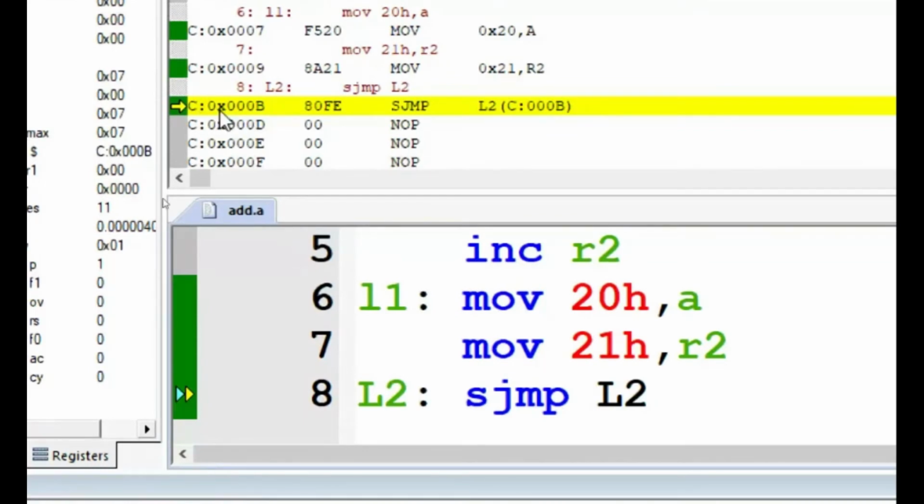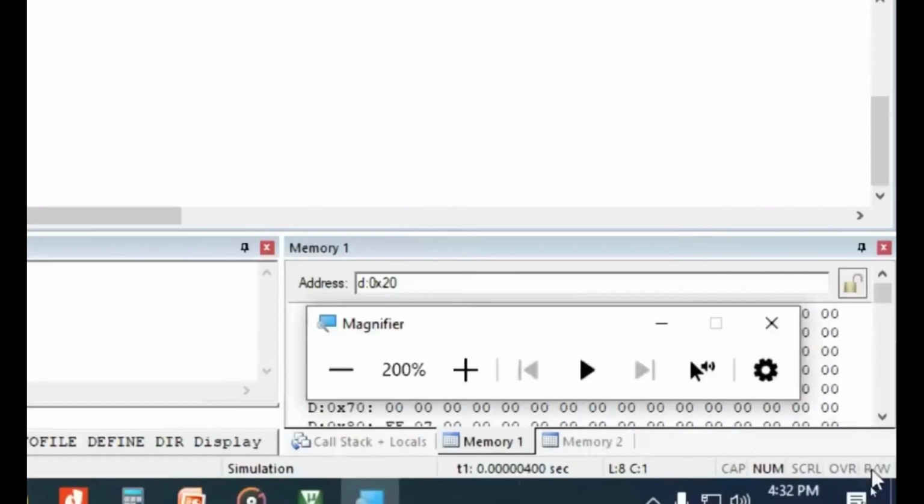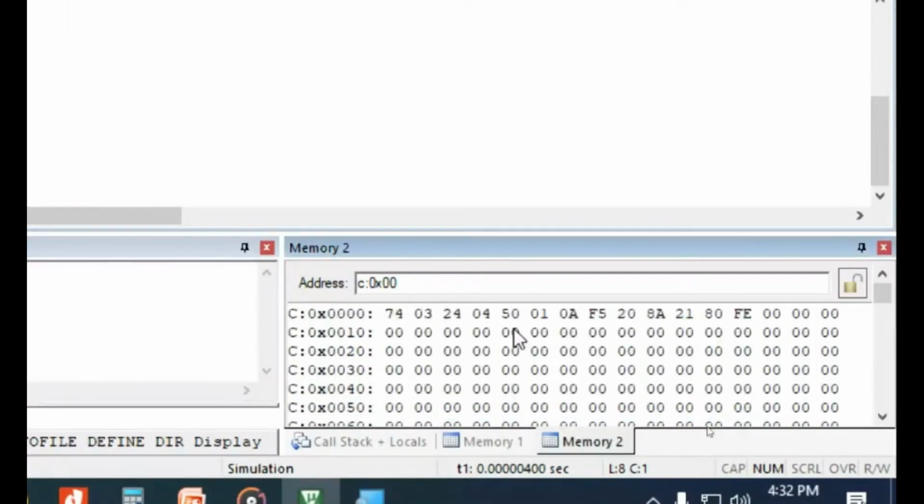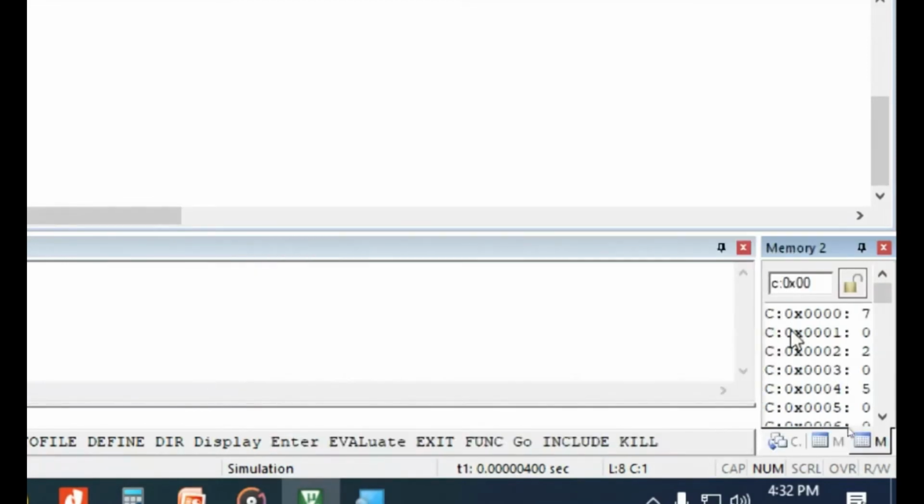C colon means program memory, as we all know right now. So 000B has 80 and 000C has FE. We can check it in the bottom right corner. There is a code memory now. We have seen code memory 000B is 80. That's the beauty of Keil IDE.